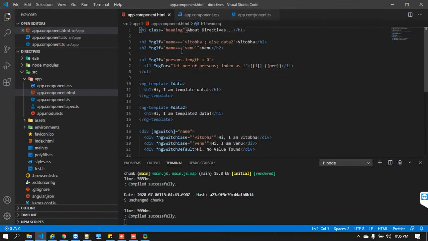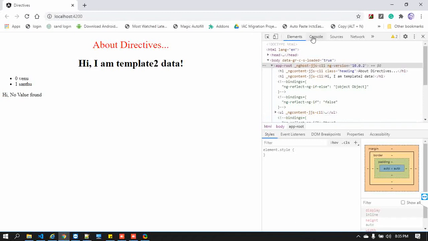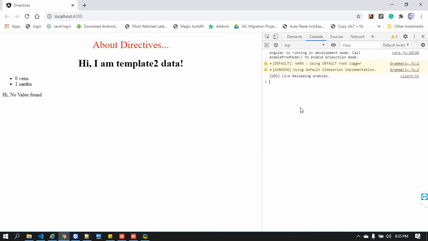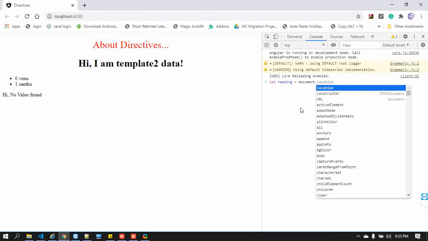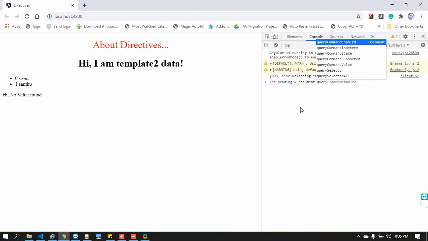Now what is happening? For example, at this moment, let me go to the console. Let's take heading. Let's say document dot query selector.